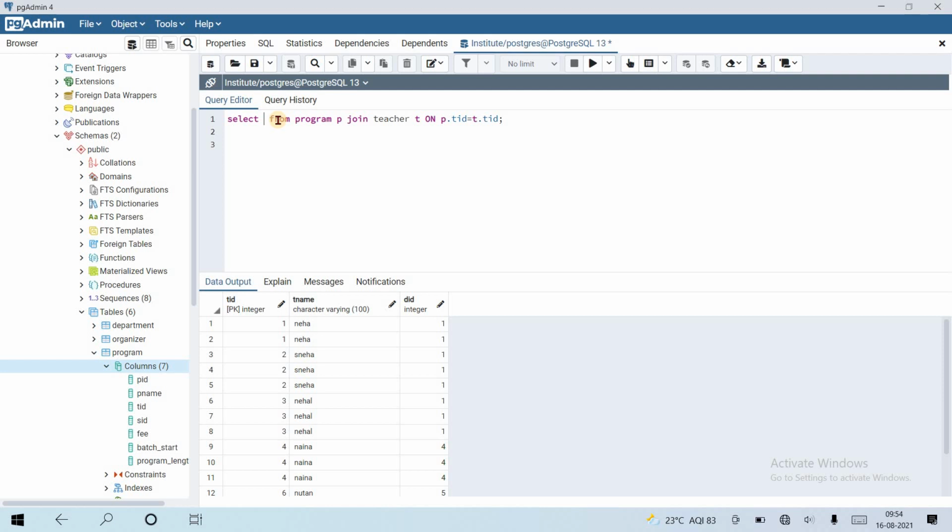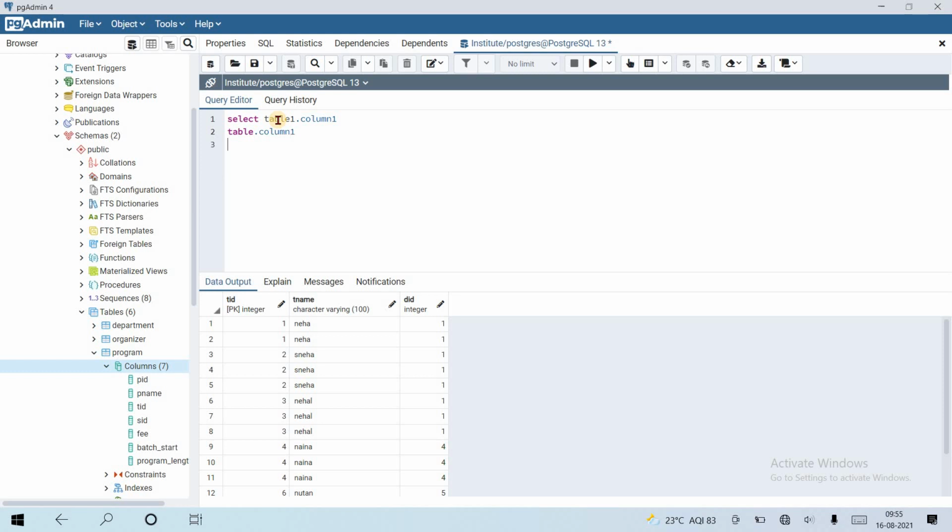Okay, so can we use the using keyword? Let's see how to use using rather than on. Let's see how we can do this. The syntax is select table 1 dot column 1, table 2 dot column 1.